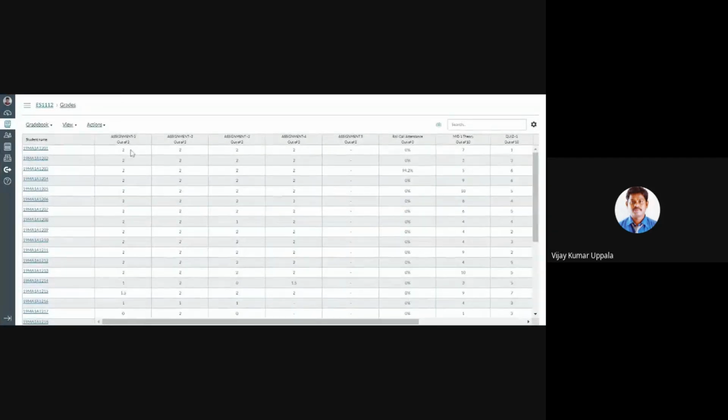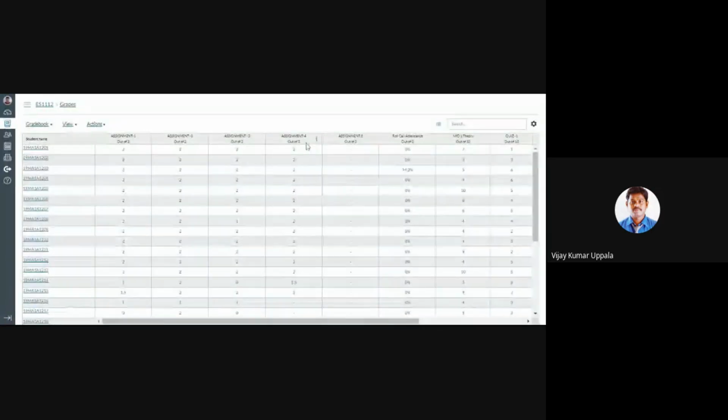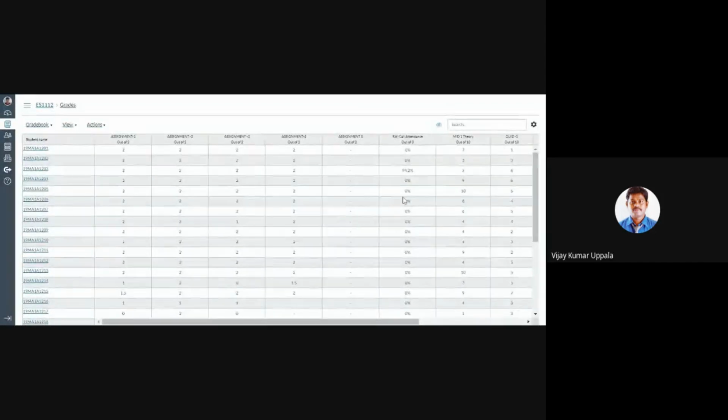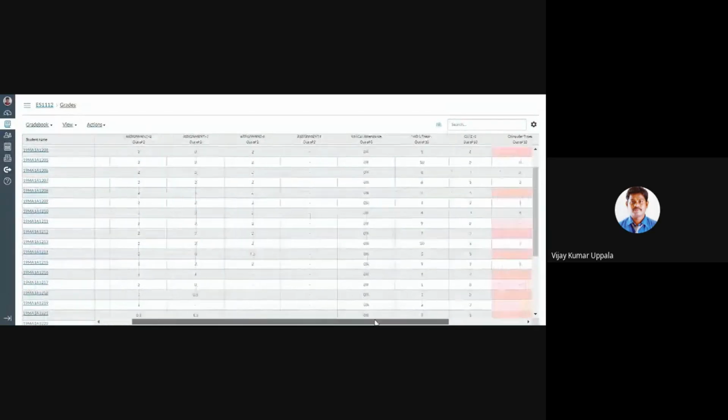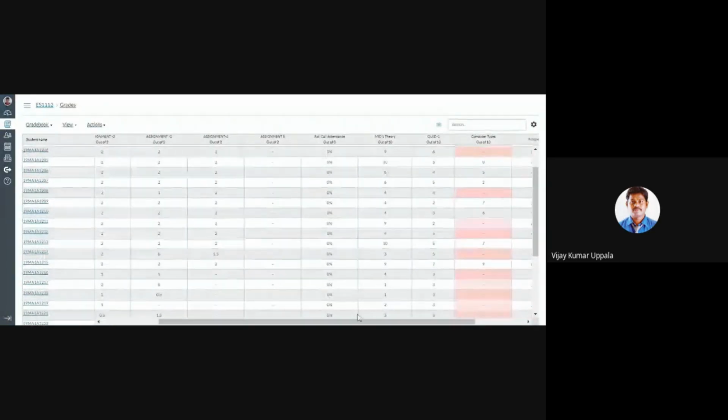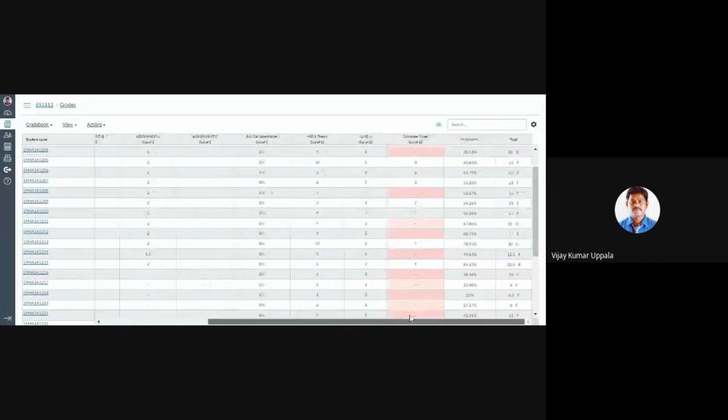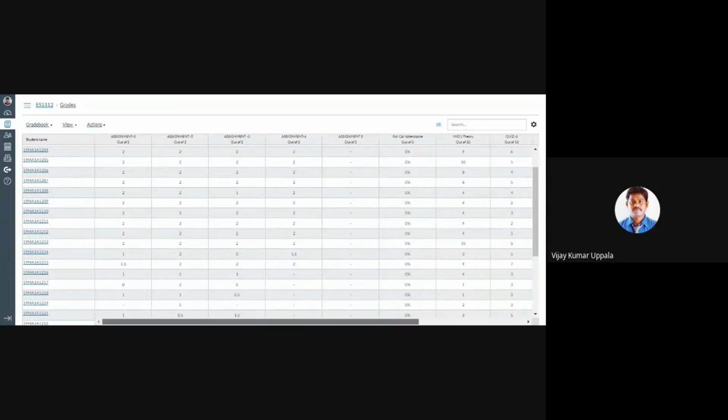We can view the gradings like this, sir. So assignment 1 for outcome 1, assignment 2, assignment 3, assignment 4. So like that we can give the gradings. So here we have the class attendance percentage. And coming to university exams, mid 1, mid 2. So final assessment percentage. So like that we can give the guidance. So this is the students list.